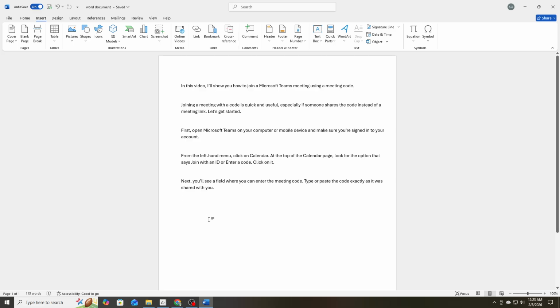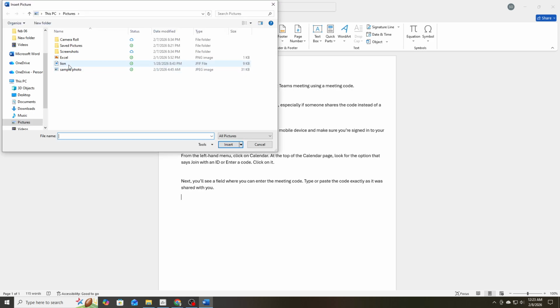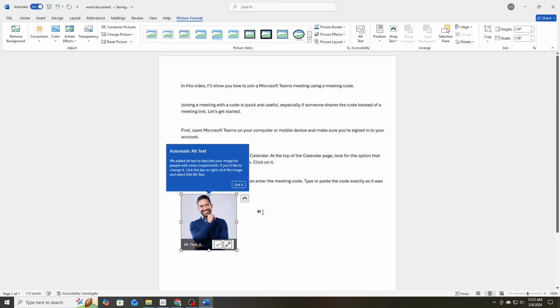Next, go to the Insert tab at the top of the window. In the Illustrations group, click on Pictures. You'll see a few options. Choose This Device to insert a picture saved on your computer, browse to the image you want, select it, and click Insert. If you want to insert an online image, select Online Pictures, then search for an image or choose